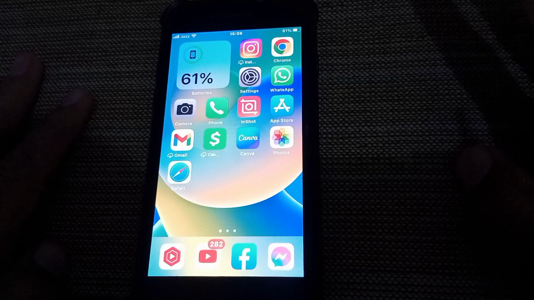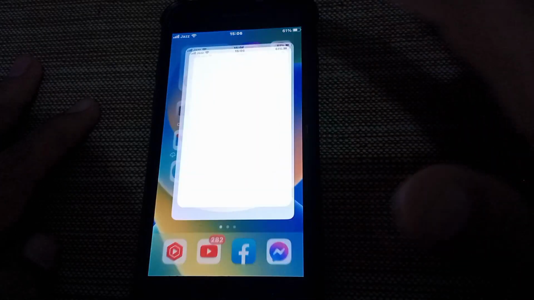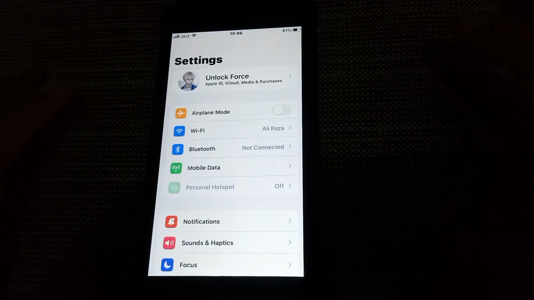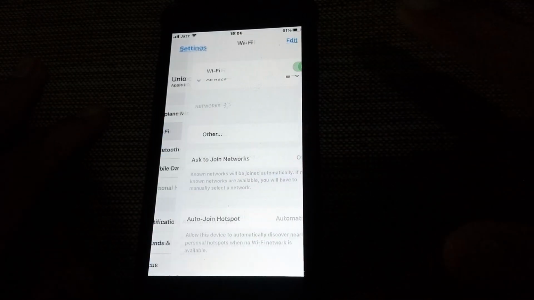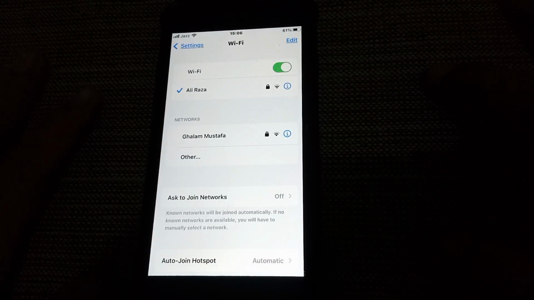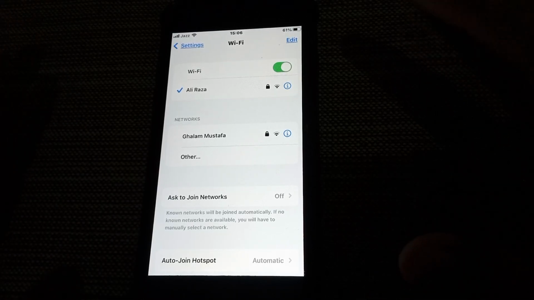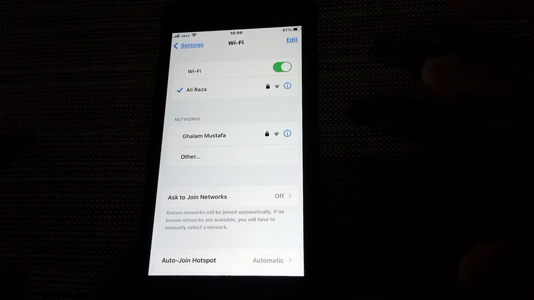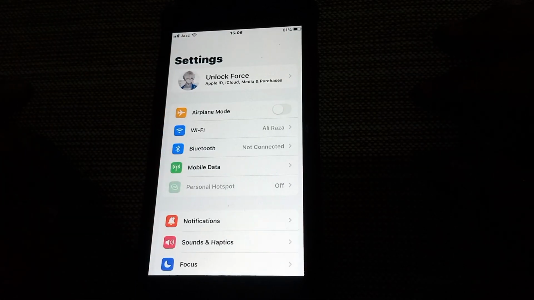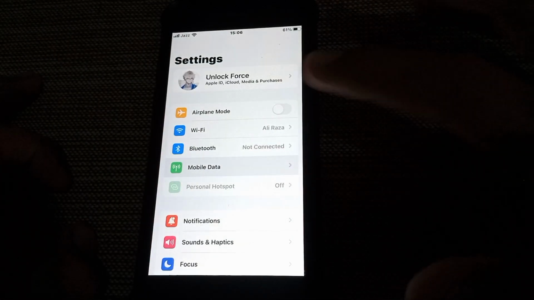For the first method, what you need to do is simply open Settings, and firstly, if you are using Wi-Fi, go to Wi-Fi and make sure that you have a strong connection. If you don't, simply forget the network and try to rejoin it, and if possible, try another one. Then go back from here,